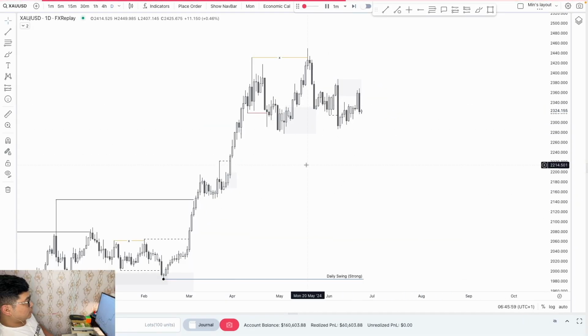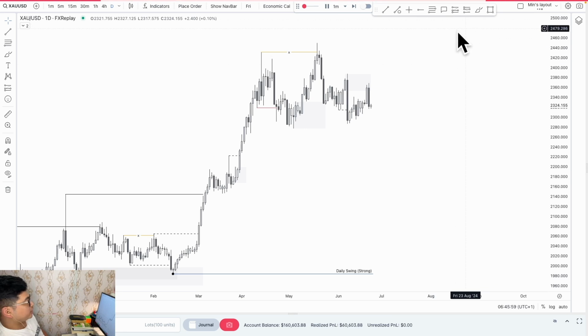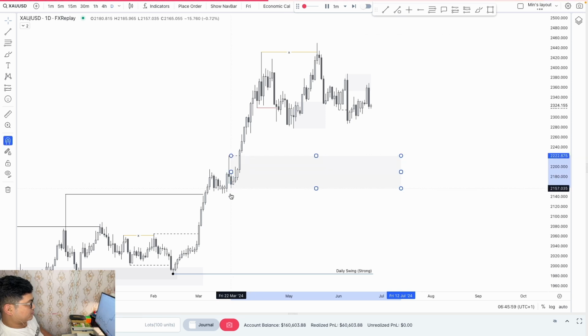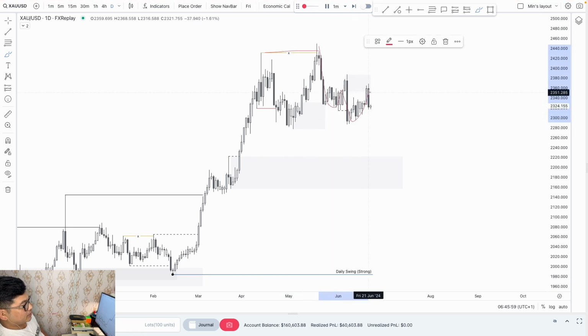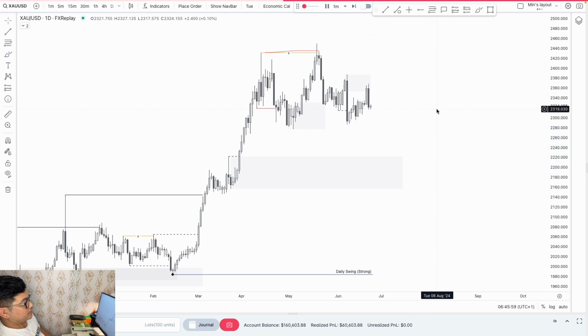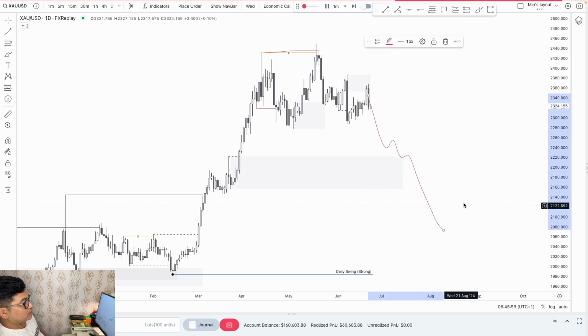So yeah, this is what I've drawn on a daily time frame. You can see that the overall daily time frame is bullish for me, and I'm expecting some sort of pullback if needed. All right, I'll just draw the range to see. You can see that after sweeping the high, price had a bearish rally. So I'm expecting price will continue lower and maybe break this low, and if this breaks, I'm expecting the pullback in daily.